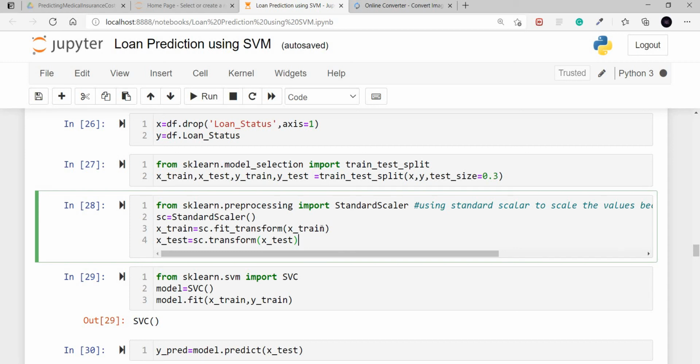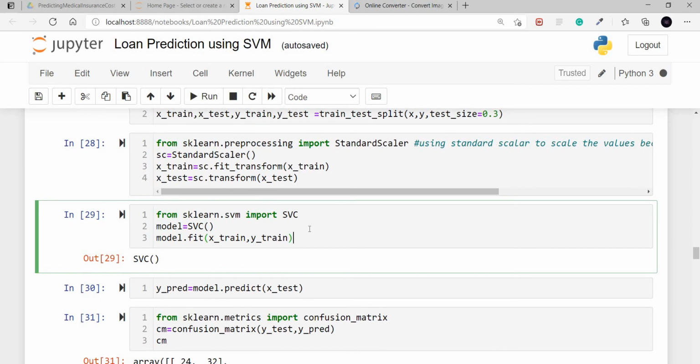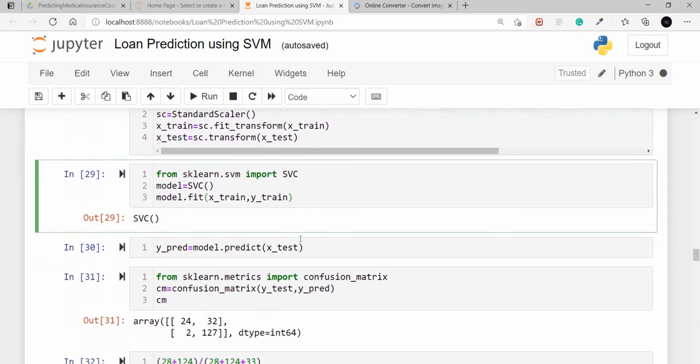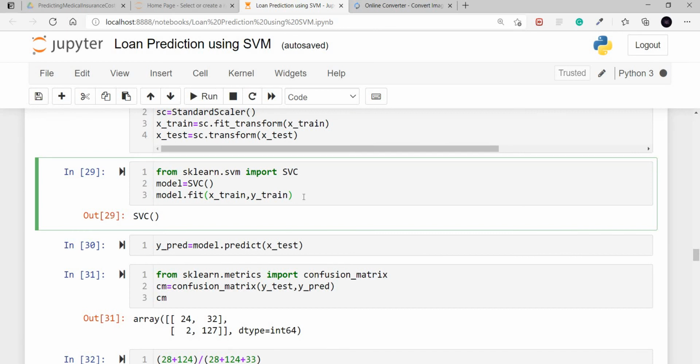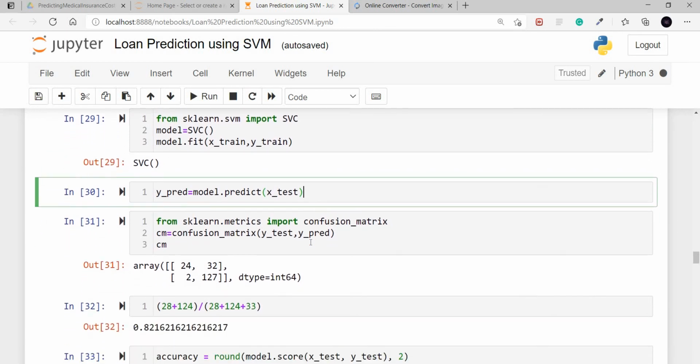So using standard scaler and transforming the x train and x test. Now I'm importing the SVM algorithm, using from sklearn.svm import SVC. I'm creating an object named model for the SVC function. So now I'm training our model with x train and y train. Now I'm predicting with the x test values.